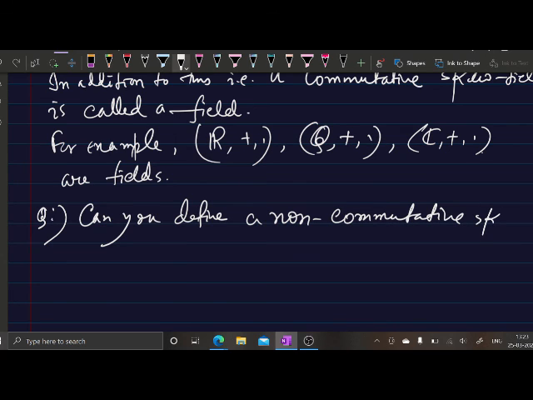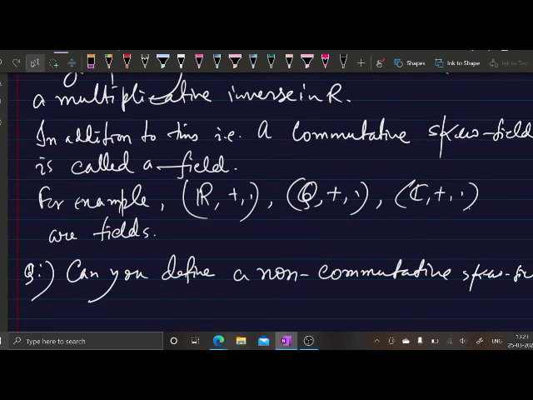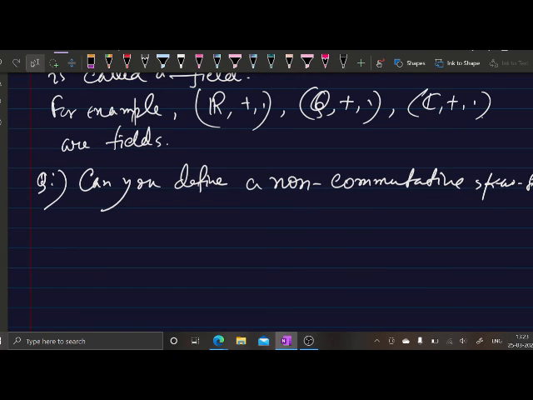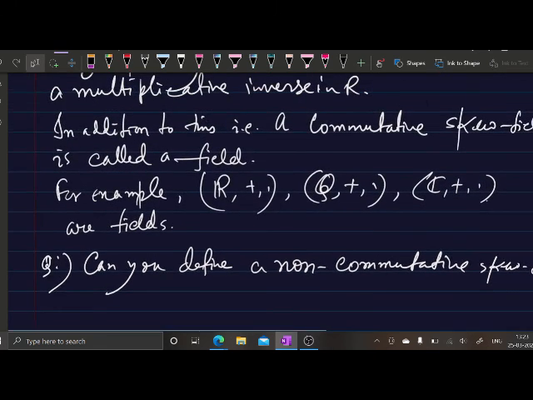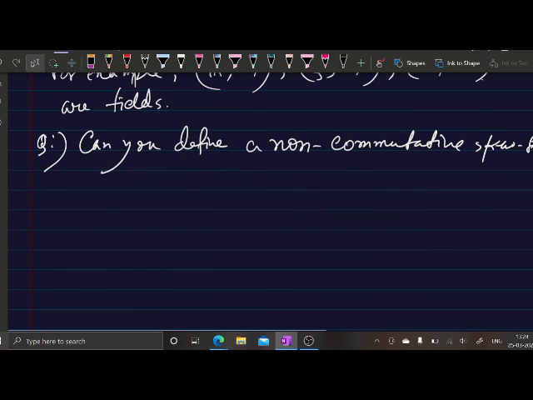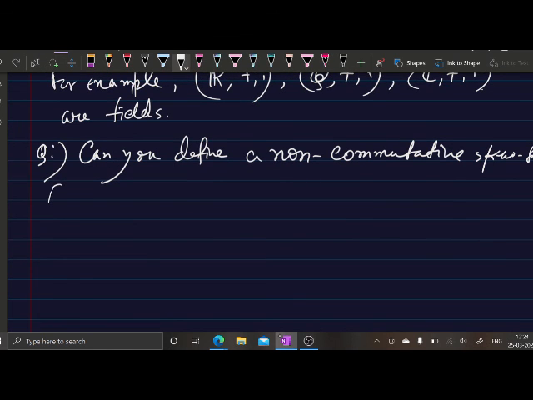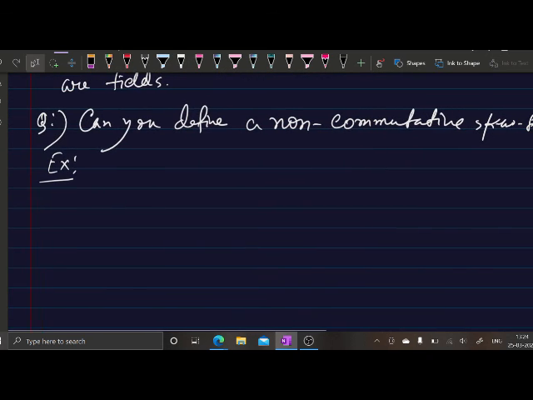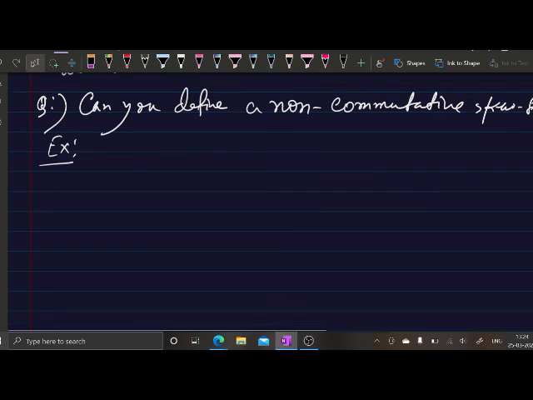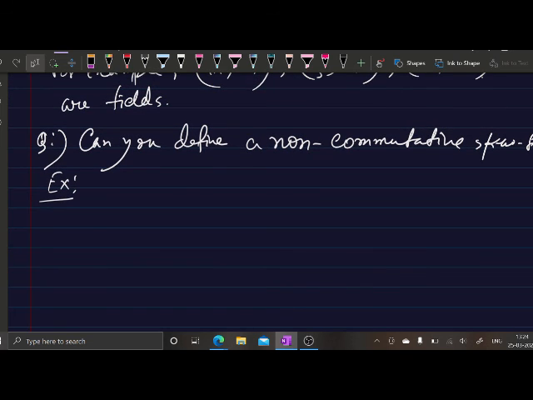That is a question, because if you don't have one, you cannot talk about non-commutative skew fields. You should have an example of a non-commutative skew field, right? So what is that? A very interesting example has been introduced by Hamilton. So the example is that, suppose you take